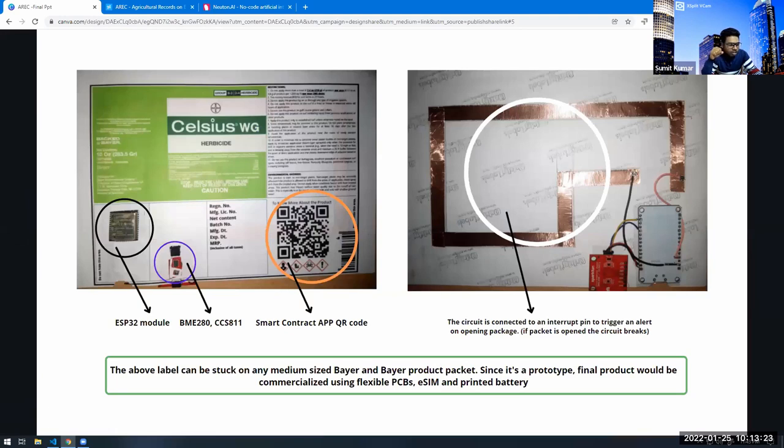So I'm just trying to demonstrate a prototype. We are using the ESP32 module, which is very cheap actually. So that's why I just went for this, and the MU280 sensors and all these air quality sensors.